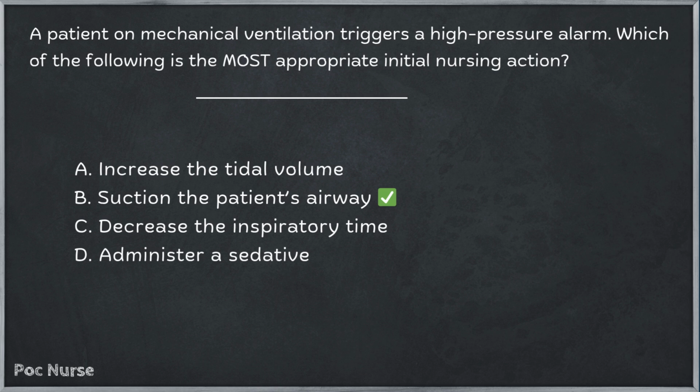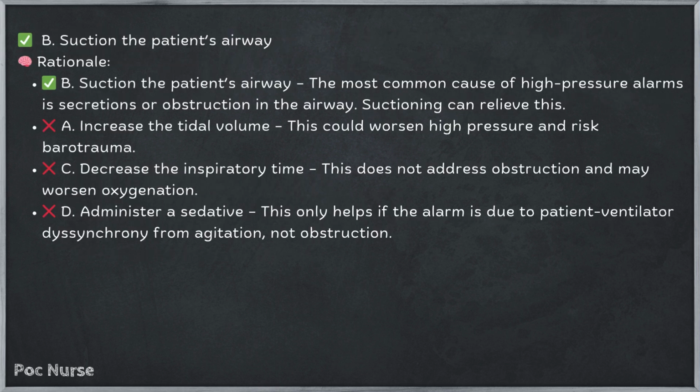Suction the patient's airway. Rationale of why this answer is correct. The most common cause of high pressure alarms are secretions or some kind of obstruction in the airway. Now, if we're talking about secretions obstructing the airway, suctioning can relieve this. At the end of this question, we're going to talk about other things that could trigger a high pressure alarm